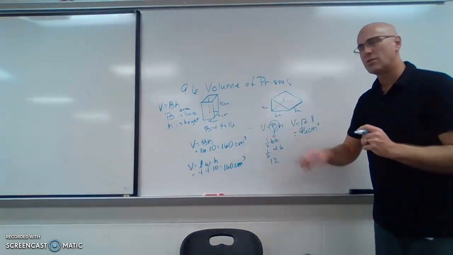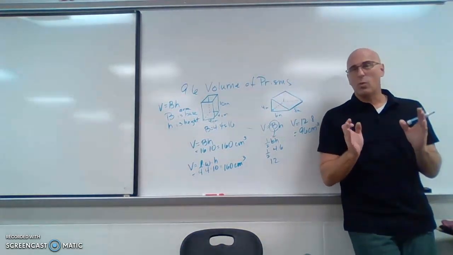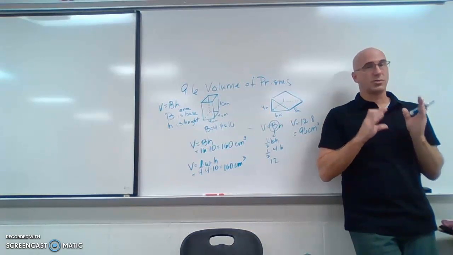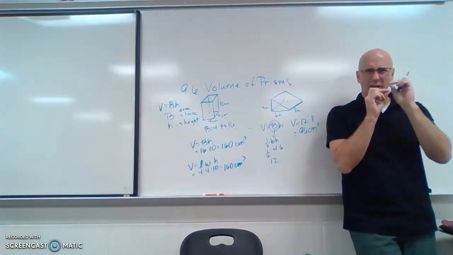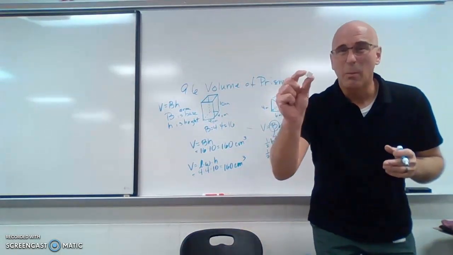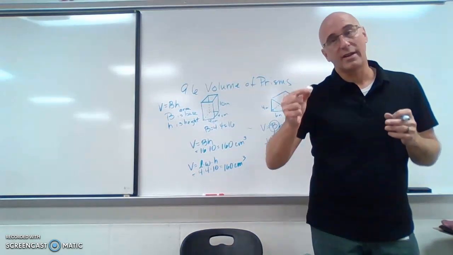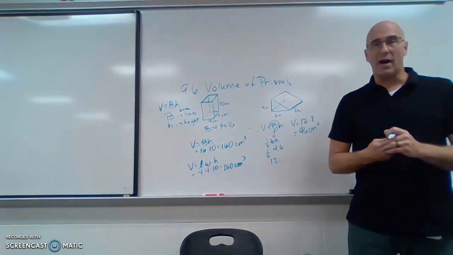Might be a little bit hard to visualize on a triangular prism, kind of like it was to find the area of an actual triangle. You had to count kind of partial squares in order to find out the square unit. We are kind of figuring out partial cubes to find out the actual volume. So that is how you find the volume of